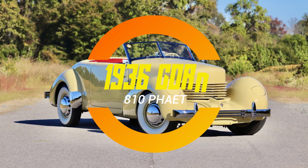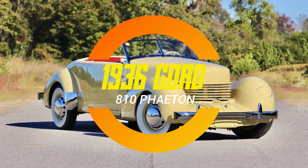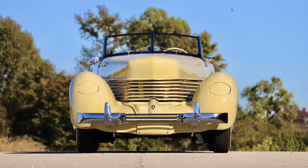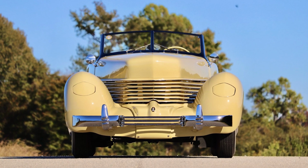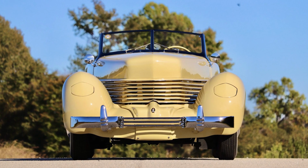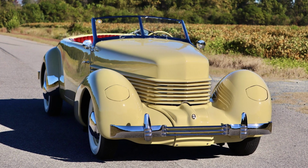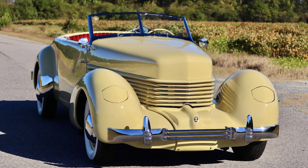Ladies and gentlemen, gather round, grab a cup of coffee or a bottle of motor oil if that's your thing, because today we're diving into the gloriously complicated love affair between a mechanic's worst nightmare and a design student's wet dream. The 1936 Cord 810 Phaeton. Yeah, that car. The one that looks like Batman's summer ride if he vacationed in Palm Beach during the Great